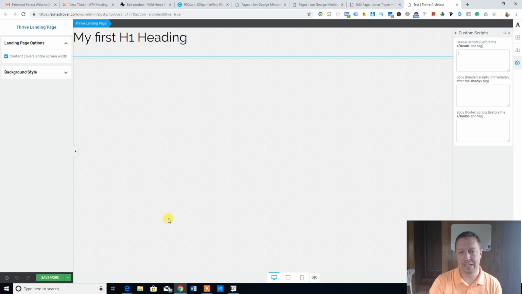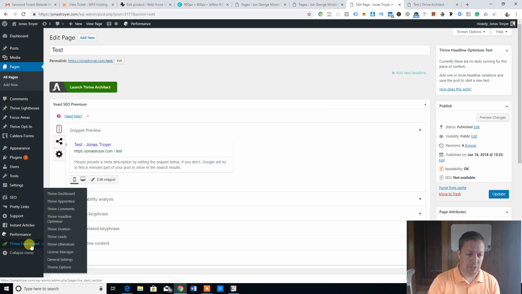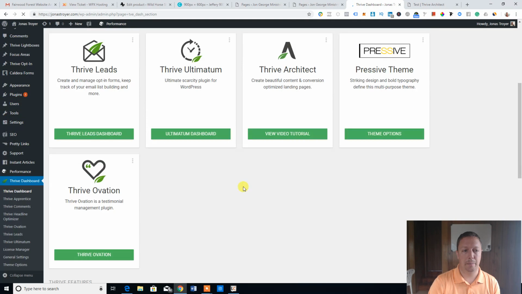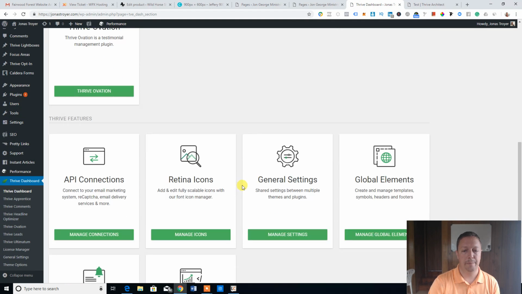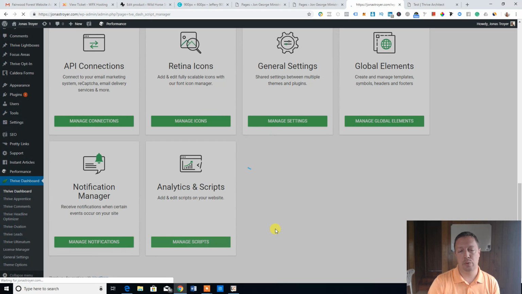There's also a place if you have a global tag or a global code that you want on every page of your website. If you come down here to Thrive Dashboard, okay, Thrive Dashboard here, there's a place where you can insert it under analytics and scripts, manage scripts,